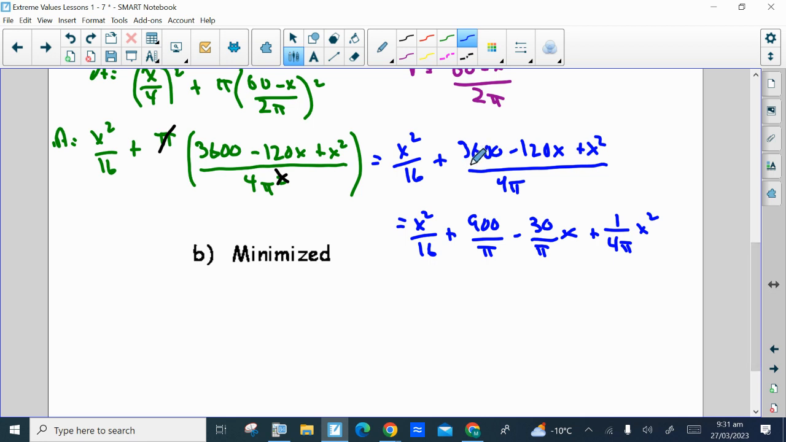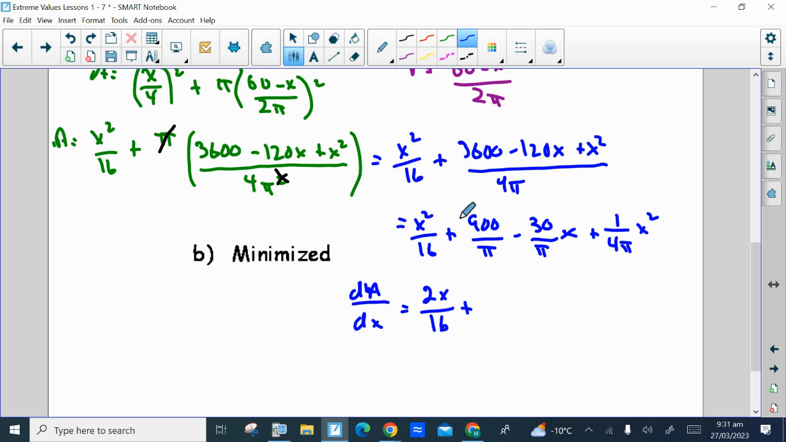I just want to check one more time to make sure that everything looks good here. 3600 divided by 4 is 900 over pi. Negative 120 over 4 is negative 30 over pi x. And then this 1 x squared is divided by 4 pi. So I think that looks good. So now, dA by dx will be the derivative. It'll be 2x over 16